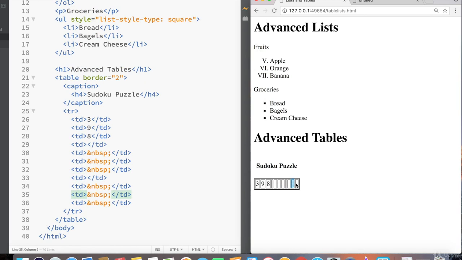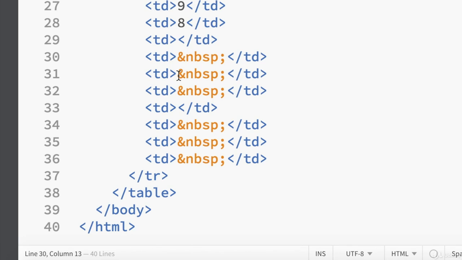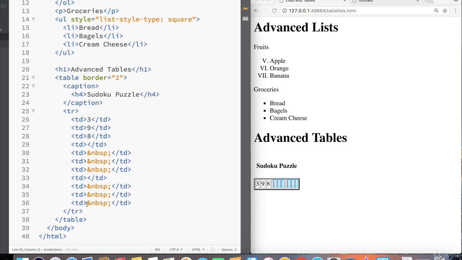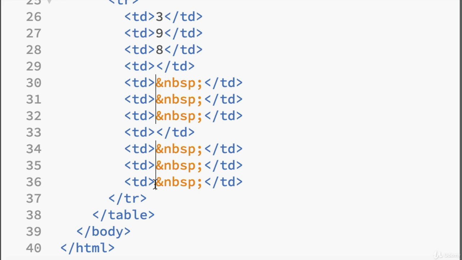Maybe we should add 2 non-breaking spaces instead to make the columns a little bit wider. To do that, inside of Brackets, I'm going to press Command and click in front of all 6 non-breaking spaces. If you have a Windows computer, use Control and click, and then I'm going to do a little bit of a keyboard shortcut. I'm going to hold Alt, press Shift, and then press the right arrow